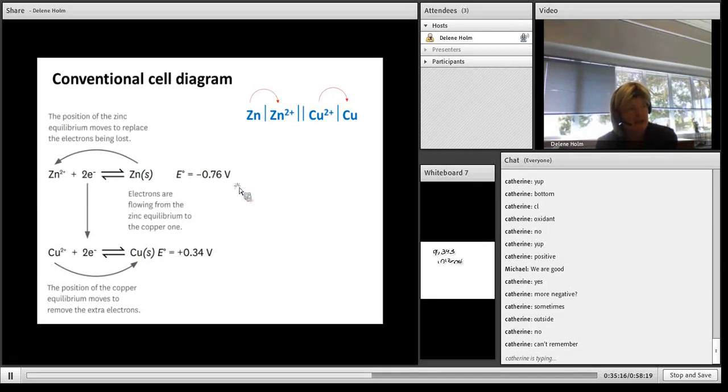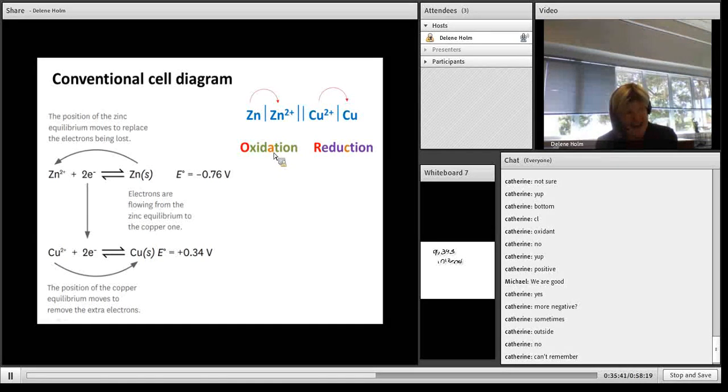Okay, and let me just do the other one. The other side will be a reduction. Now, one way you can think of it: we always read in English from left to right, so you can think of O comes before R, so the oxidation must be written before the reduction. The other way to remember is